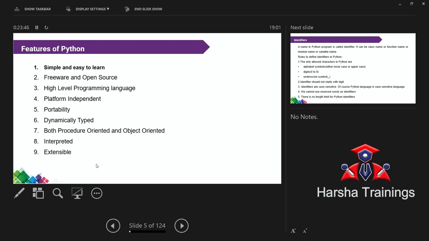What is meant by freeware and open source? Freeware and open source in the sense that they are freely available software on the internet. For example, the Windows operating system. Is the Windows operating system free or paid? 100% paid. Linux operating system, free.